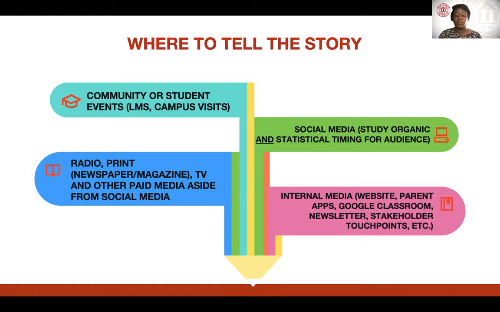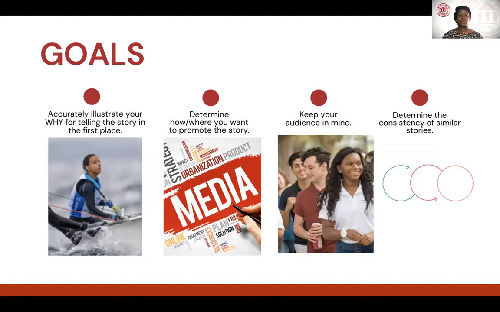And then your internal media, your website is always an easy grab. Your parent apps, whether that's Dojo or Remind or some of the other ones out there. We talked about Google Classroom, letters, stakeholder touch points like your chambers, so many ways and so many places that you can get student stories out and be able to tell their story.